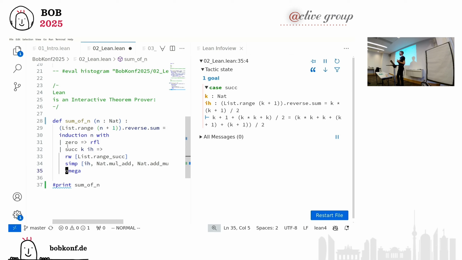Well, I wouldn't say it's a sledgehammer, because Sledgehammer is a specific tactic in Isabelle and will confuse people horribly. Yes, it's a very powerful hammer for a specific thing, and maybe too much. But it's still just so convenient. I have a goal, and I know the rest is just simple arithmetic, and I just write omega, and it works. I don't have to think about how to annotate or associate my addition so that it goes through, as I maybe have to do in Agda. Okay, I need to be careful not to say too many wrong things about Agda here, because we have experts in the audience.